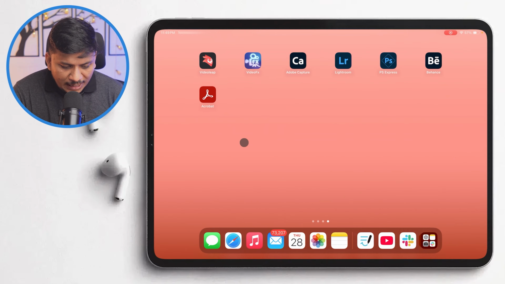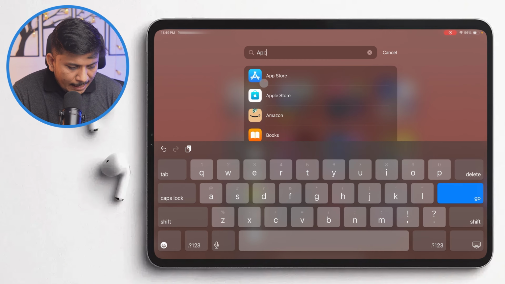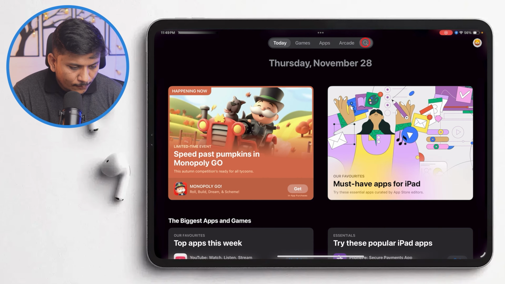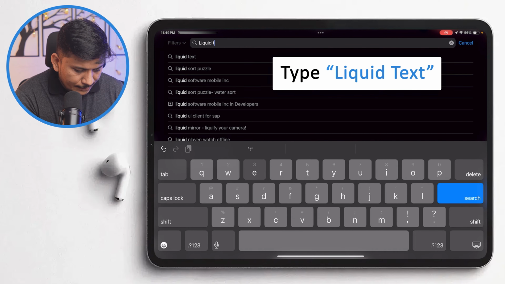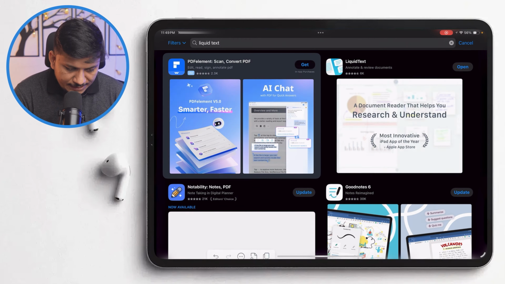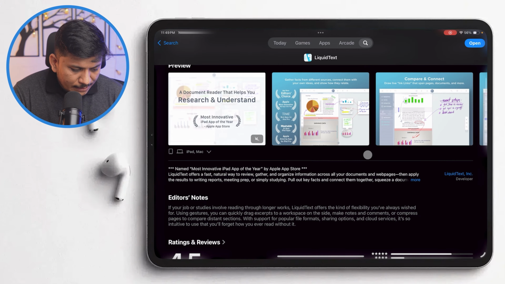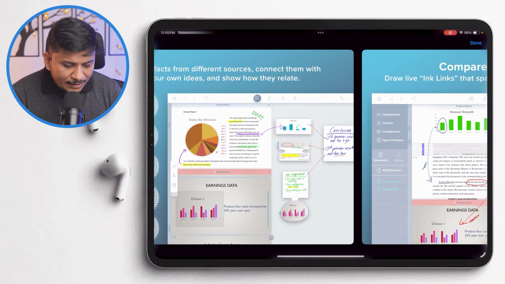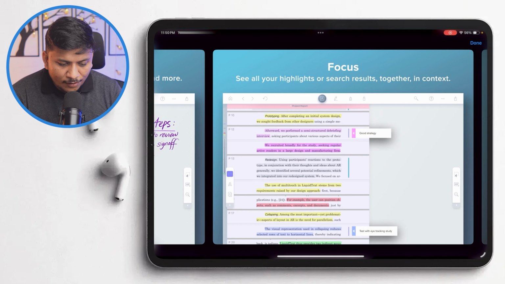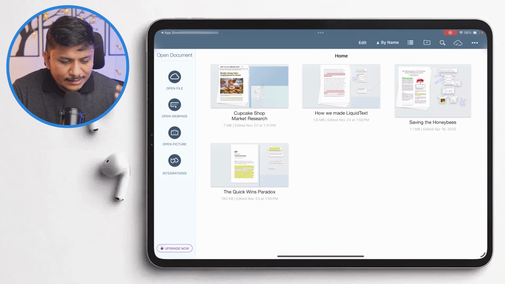And there we go. Now we are in our iPad. If you have not installed LiquidText, then we can quickly go to our App Store and look for LiquidText. Let me quickly type LiquidText. Let's hit enter, and there we have it. You need to look for this software, and here we can see a quick glimpse of it and the different possibilities and capabilities of this software. After we install, let's click here on open, and here we can see the main page